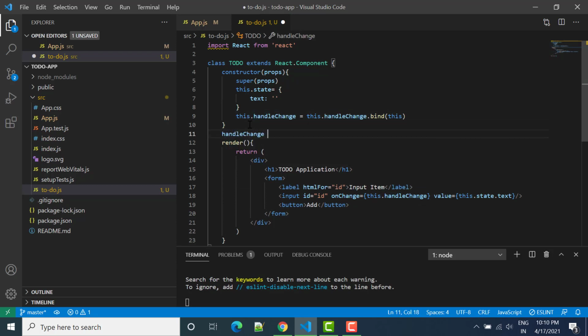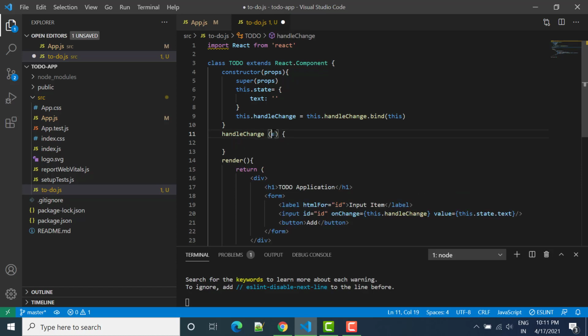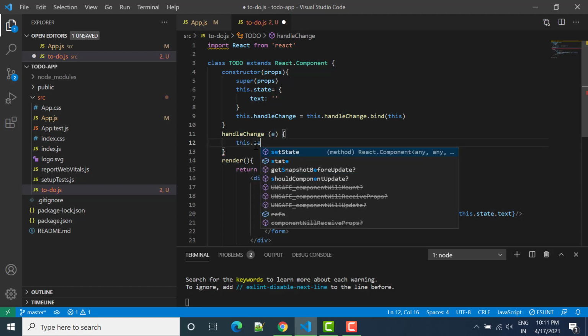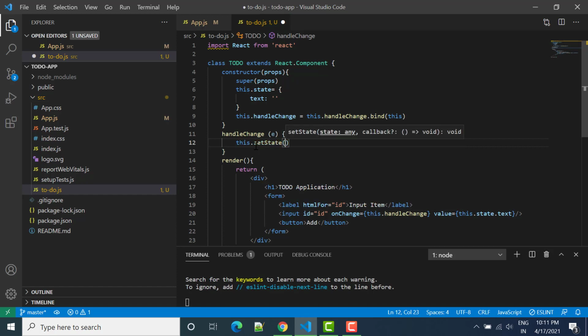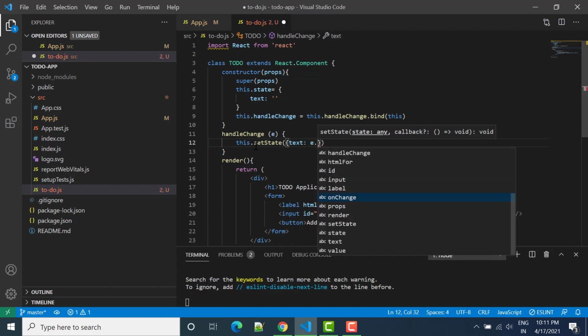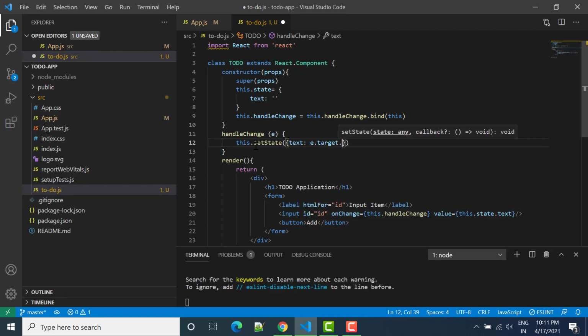So I'll write handleChange, and here I'll pass the reference parameter as event, and in this we can simply say this.setState, and in this setState we set text equal to e.target.value.